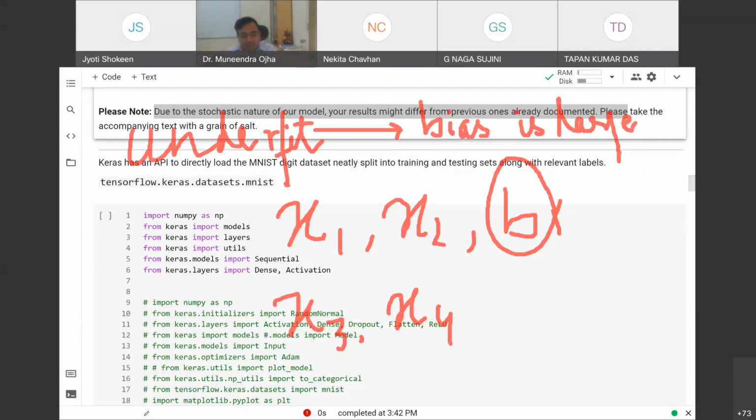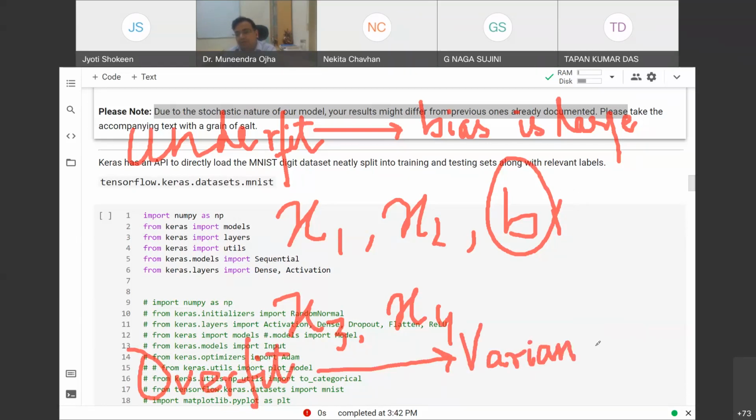But if you move towards overfit, the overfit model is also not very good. Why not very good? Because too much complexity cannot be handled by our computational models. Variance is large.